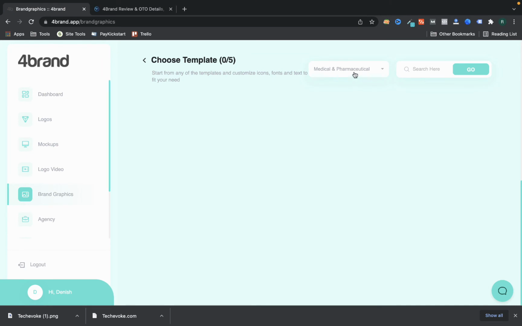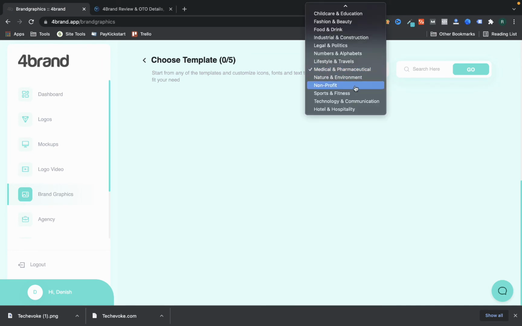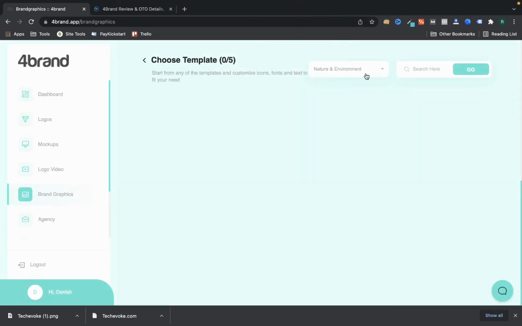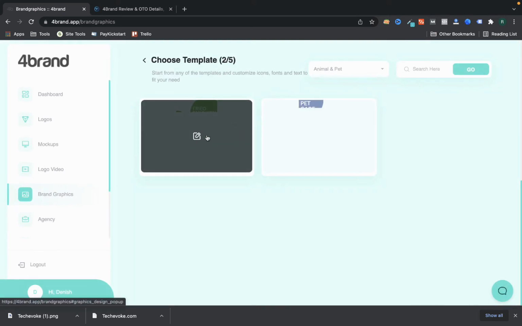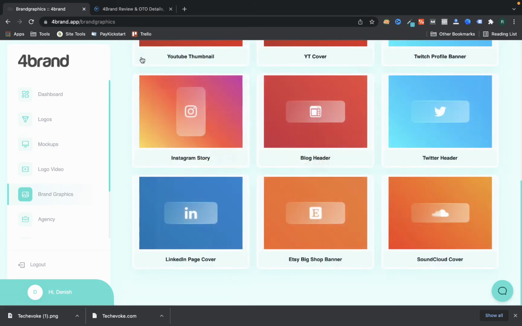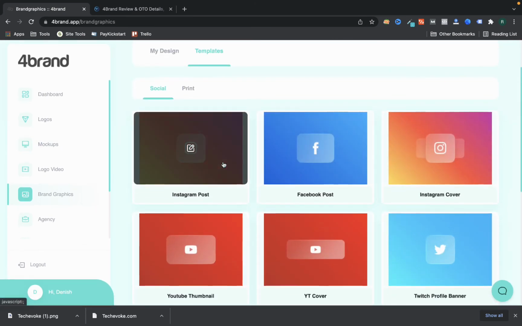Right, when I'm reviewing this particular software, it is still on review access. I have a review access of this software, and I'm using it, and they are updating it. As you can see, I'm just going to get to the animal and pets part, and here I can choose a different post.